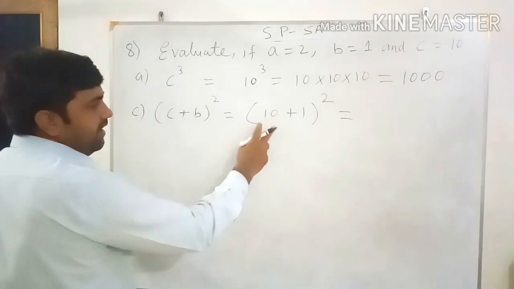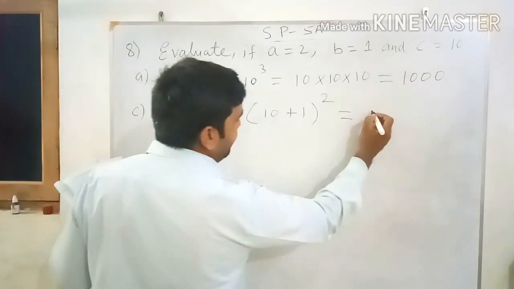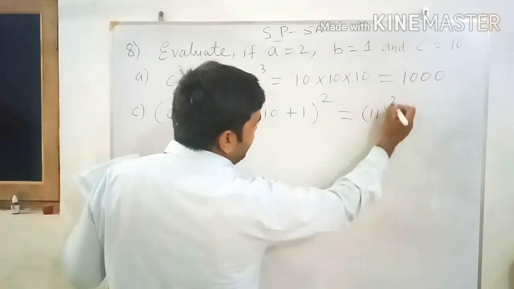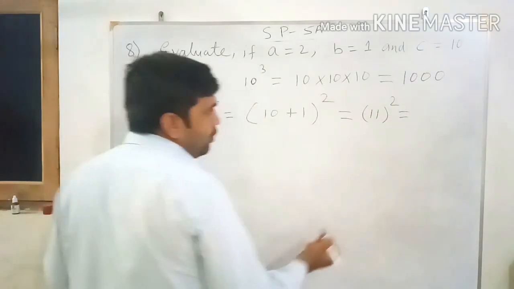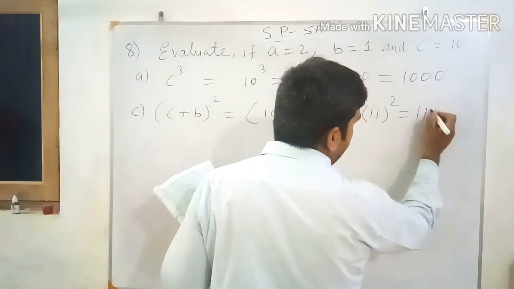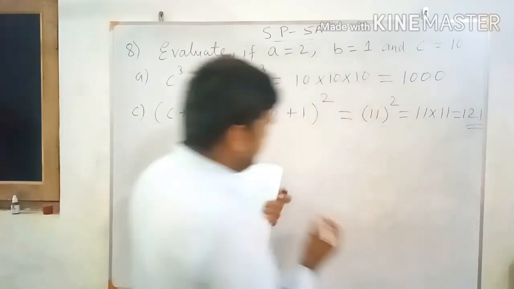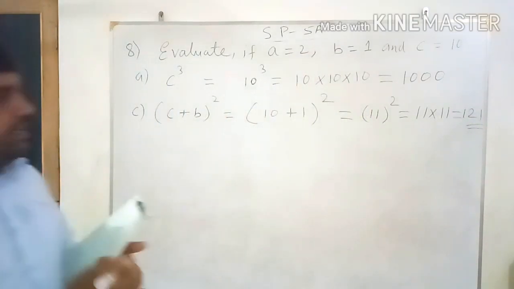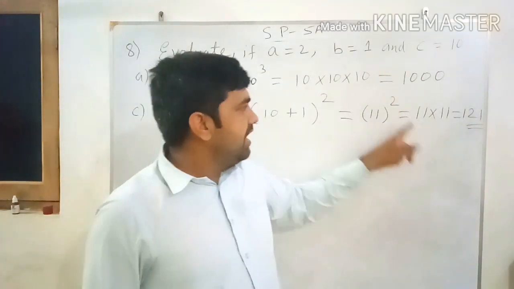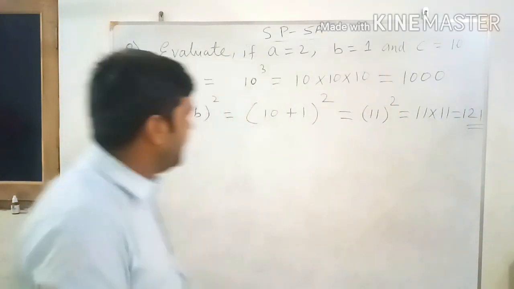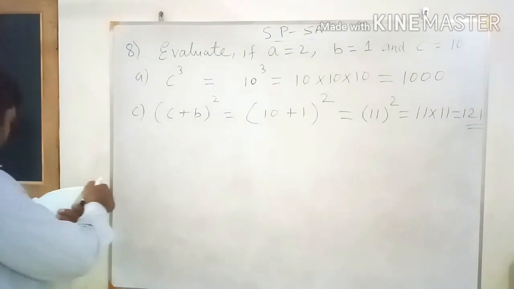If you solve the bracket, 10 plus 1 you will get 11. 11 to the power 2. And 11 to the power 2 means what? 11 square means 11 multiply 11. So 11 elevens are 121. So when you multiply 11 by itself, 11 square means 11 multiply 11 and gives you 121. Now next question